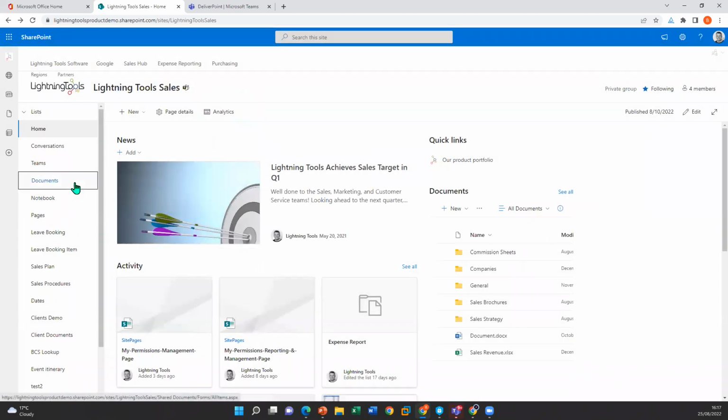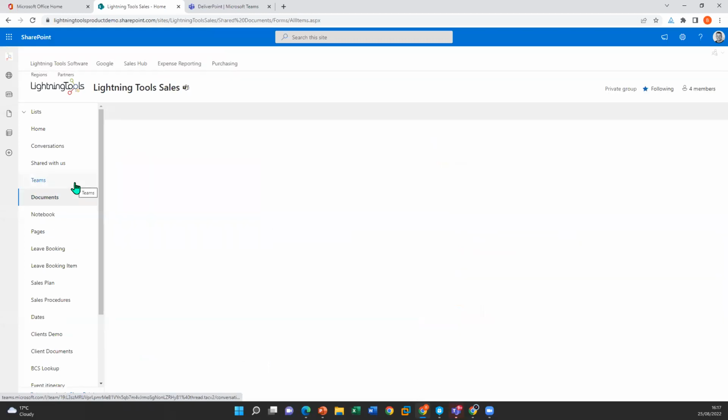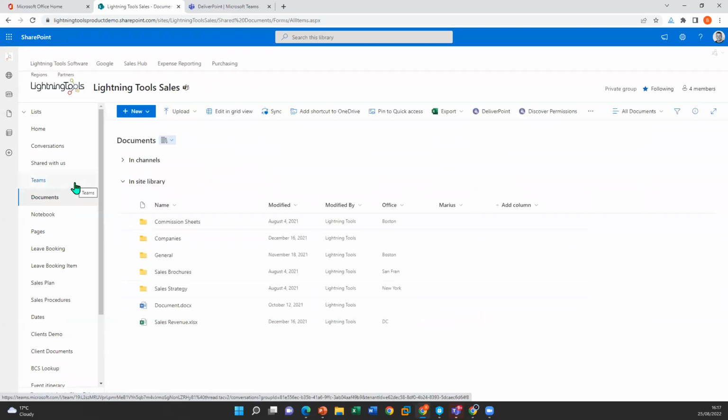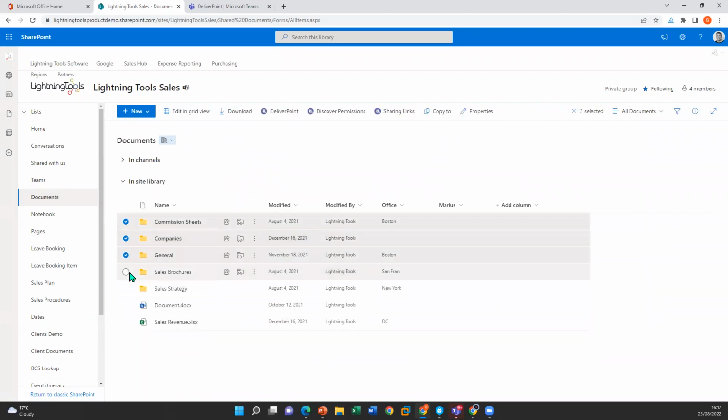So I'm just covering some basics here of DeliverPoint. Those of you that already use DeliverPoint, bear with me. We're going to get into some of the new features soon. But yeah, in the document library, the biggest challenge that we're overcoming for you here is the fact that you can pull up permission reports for multiple files, multiple folders. And we can go through and select multiple ones here and then just simply pull up the Discover Permissions or